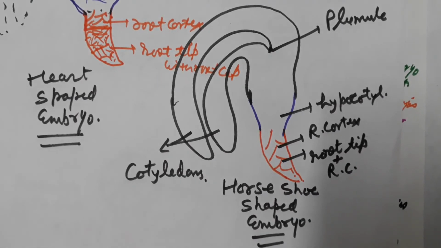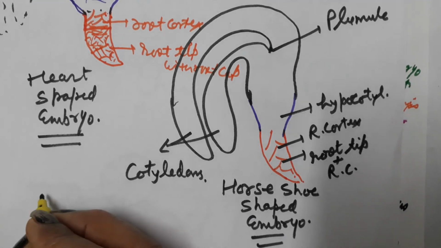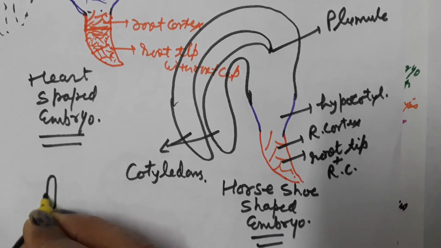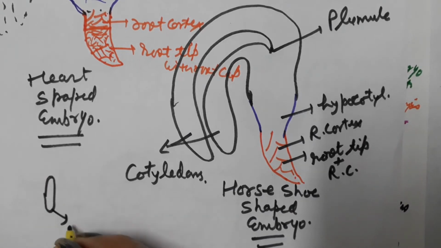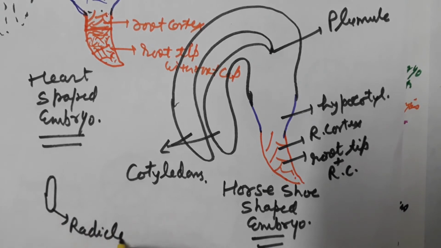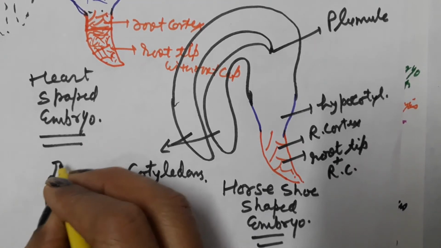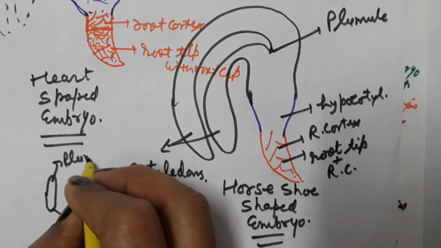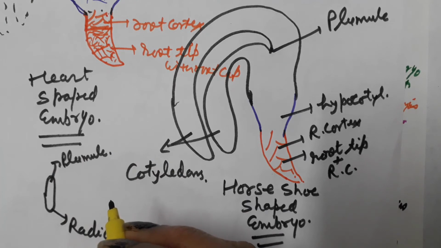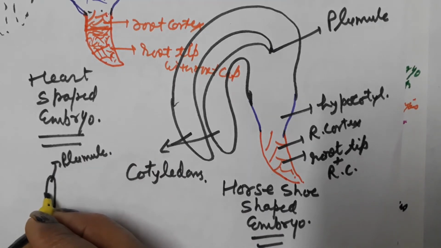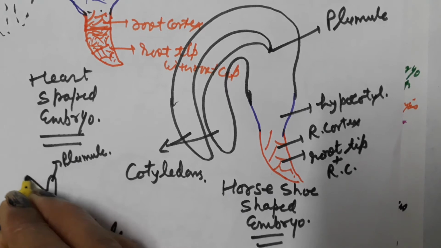when germination of the seed takes place, the outer seed coat is removed. The structure visible inside after removing the seed coat is the embryonal axis. Towards the micropillar end, the radicle is present. Towards the chalazial end, the plumule is present. And two leaves are there, that is, cotyledons.